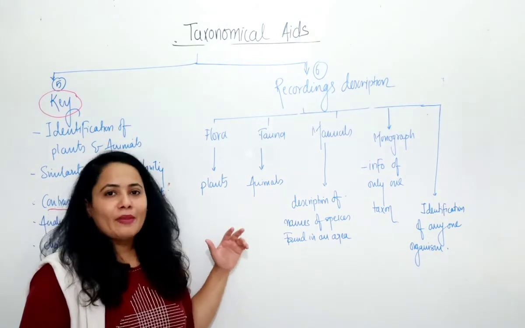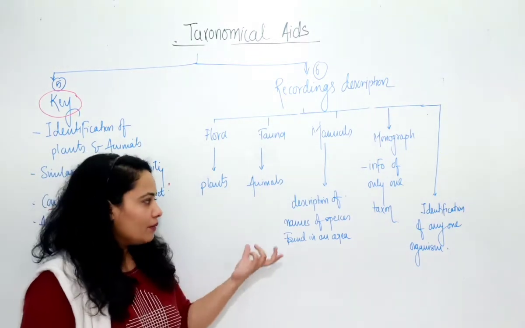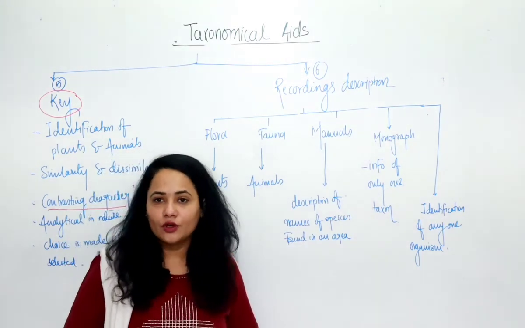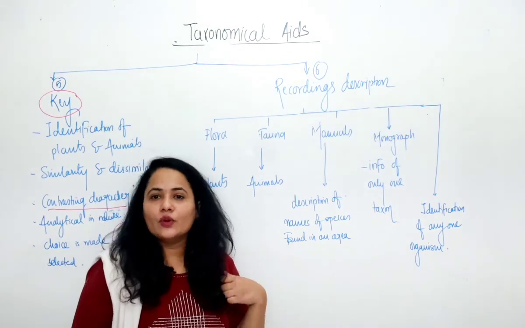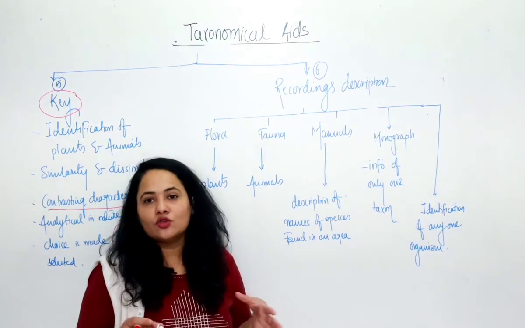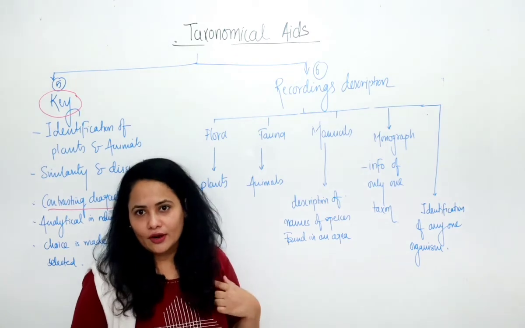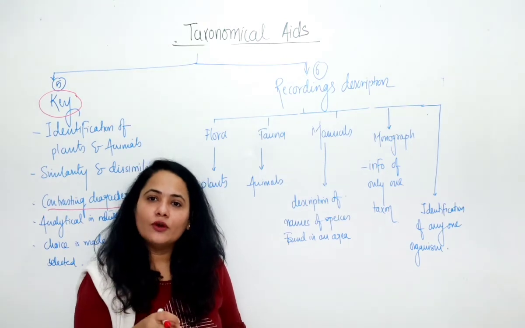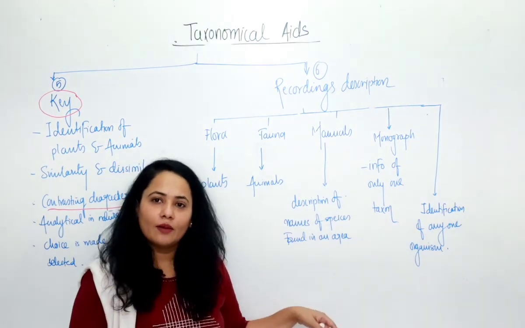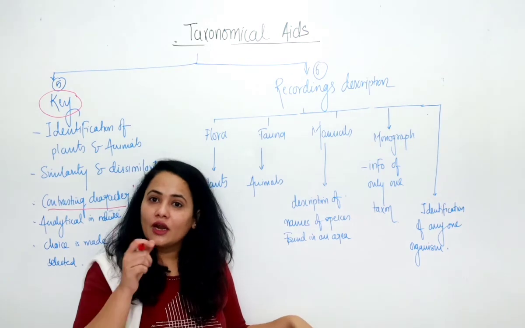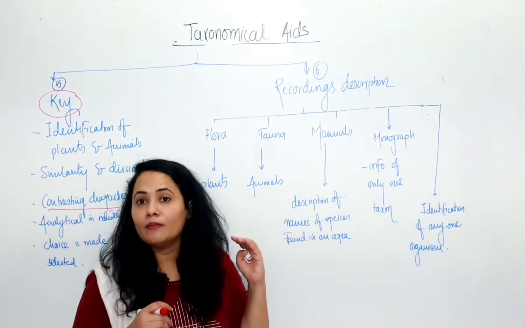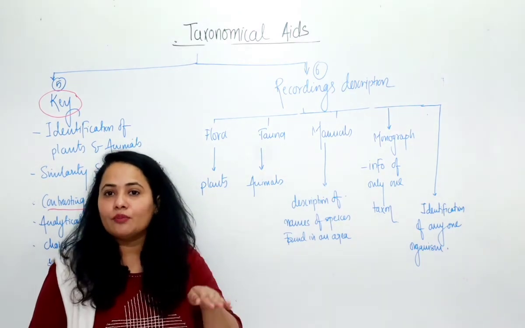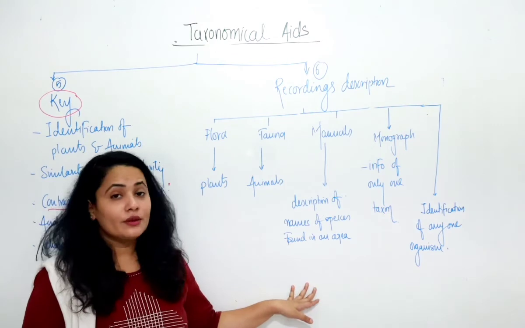Another thing is manual. Now what do you mean by manuals? Manual is a description of names of species found in a particular area. Suppose I give you an example of a manual. We know that our school is located somewhere in Partapur area, right? Suppose I'm talking about in winter, how many species of birds are coming in that area. So I'll put a collection of those species, I'll write the name, I'll write the details and make a manual. So what is a manual? Manual is the names of species found in that particular area. So that is what you call manuals.